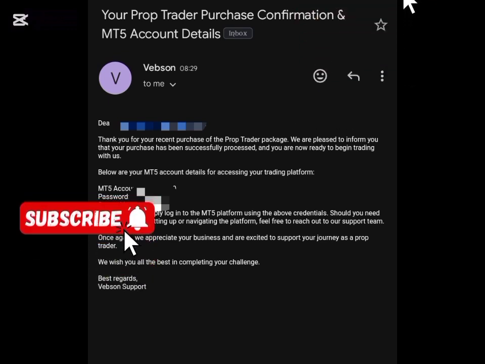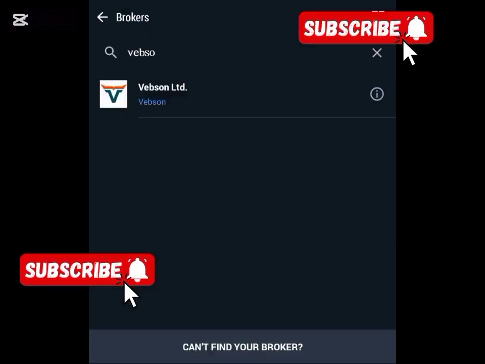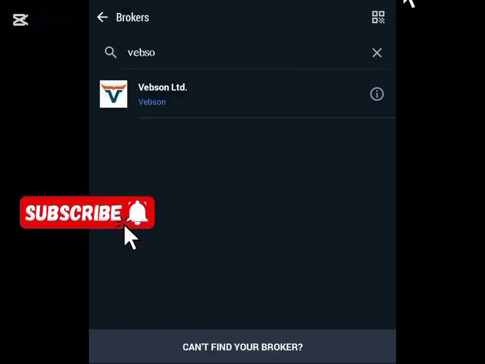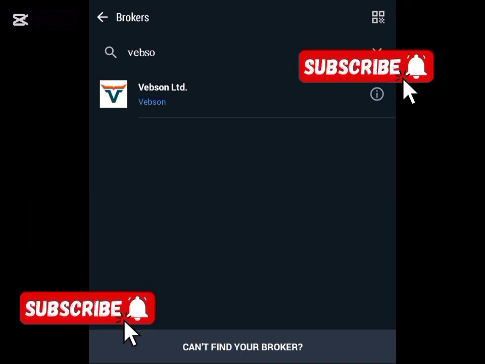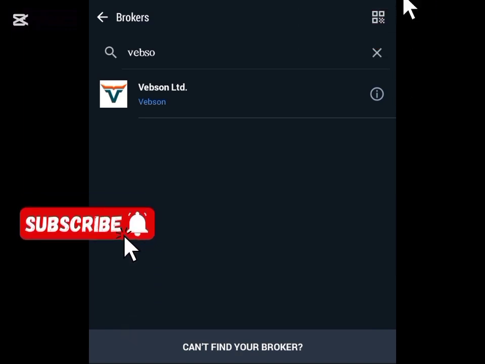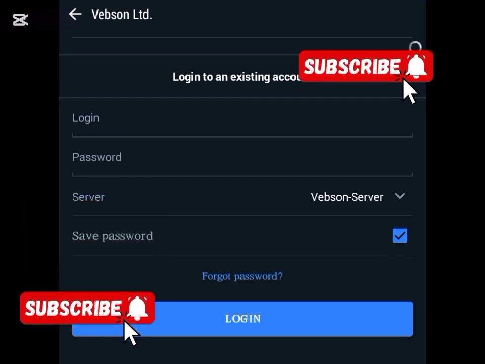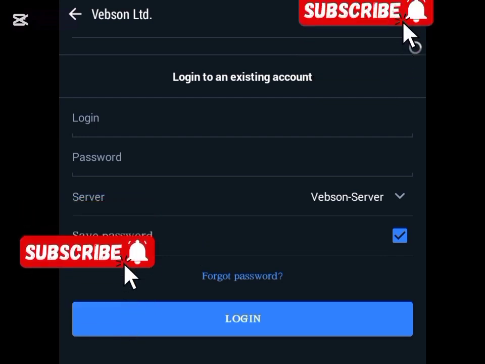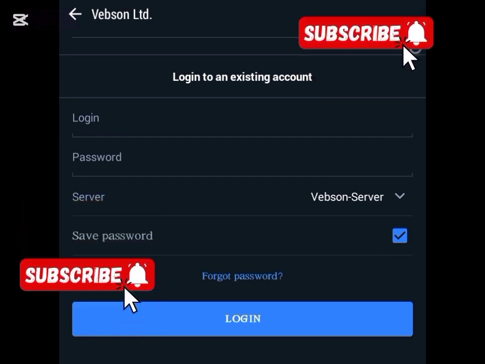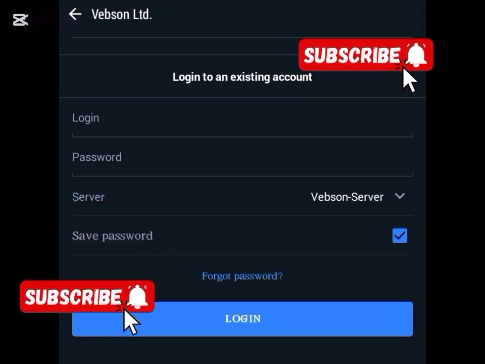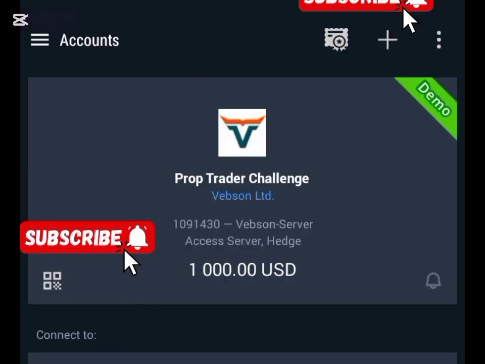After that, you'll be going to your MetaTrader 5 to search for the broker, which is Verbsyn broker. You click on it, as you can see right here. Then it will bring you where you'll be inputting your login details, the ones you got from the app or from your Gmail. You put in your login and your password, then you click on login. After clicking on login, here you have your $1,000 free funded account that you can use to start trading